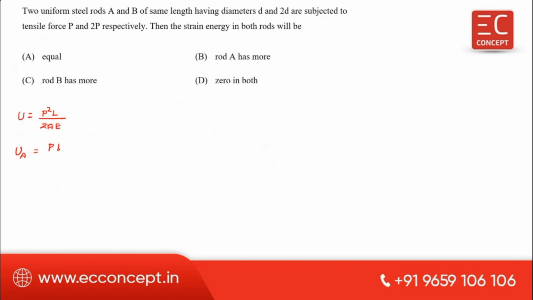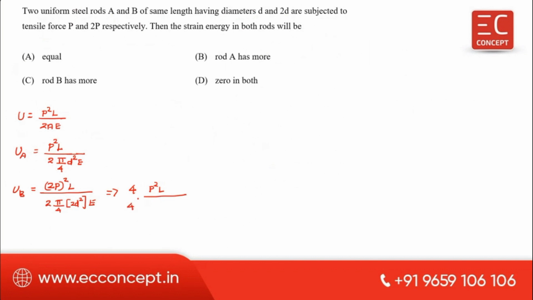P is P. Same length L, therefore P square by L divided by 2 into what is the area? Pi by 4 D square into E. So this is UA. Similarly, UB is equal to how much? UB is equal to 2P the whole square L divided by 2 into pi by 4 into 2D square, because 2D is given, into E. Okay, if you simplify this, then 4 P square L divided by